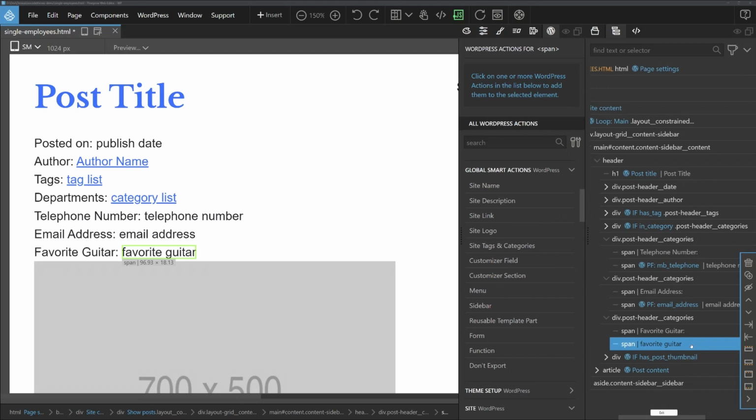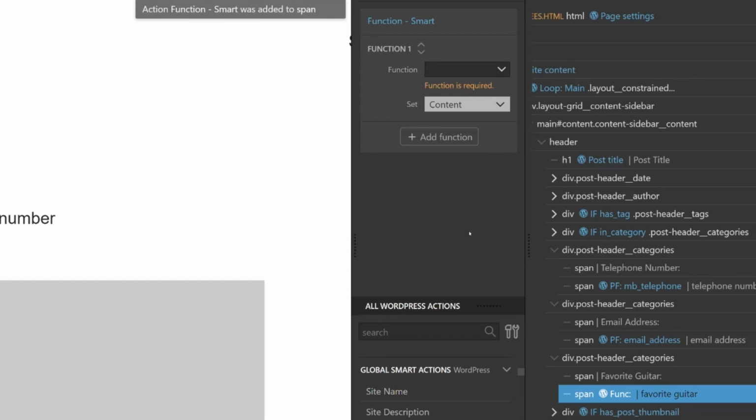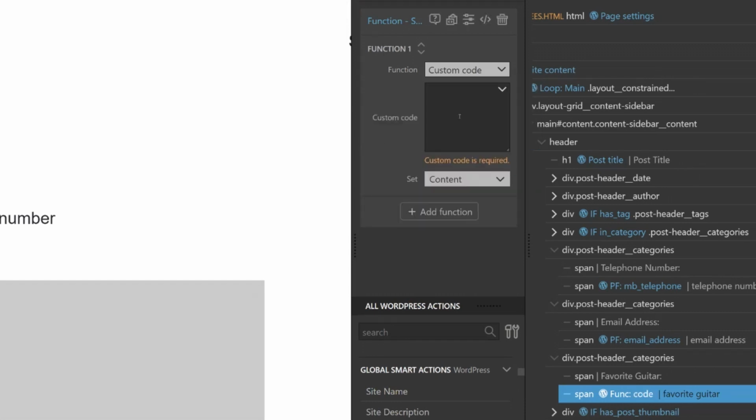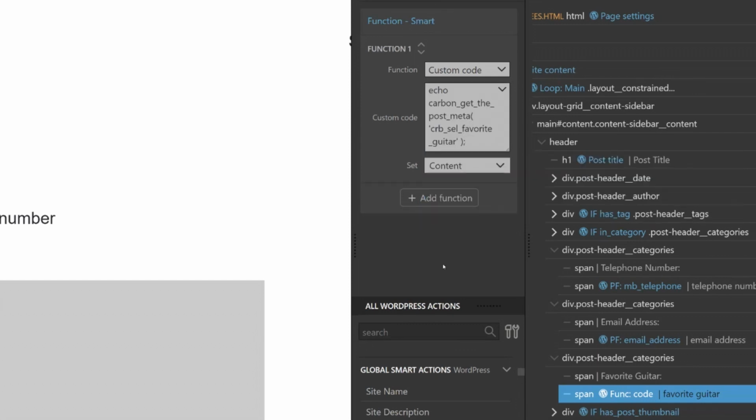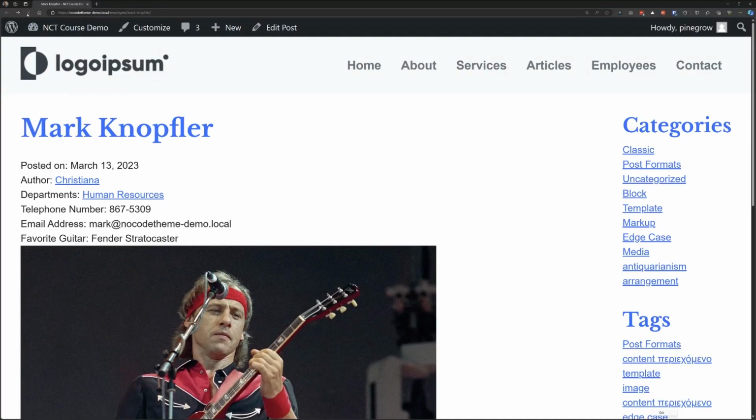For now, we're going to use one other method to get our custom field data. As we did before, I'll select the placeholder where I want it displayed, but this time I'm going to use a functions global smart action, which lets me add a custom function to the template. I'll click on the function dropdown to say custom code, and here I'll enter a line of PHP code that echoes the output from the carbon get the post meta function. And again, when we refresh the page, you'll see that it's pulling the data from the custom field to replace